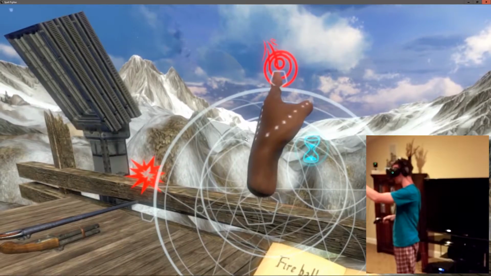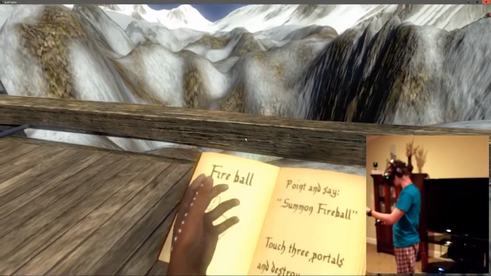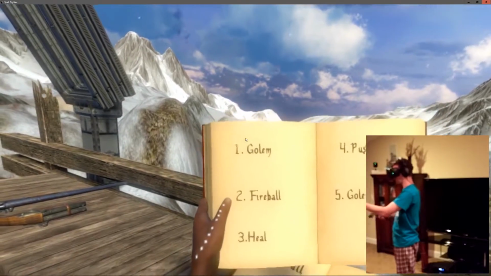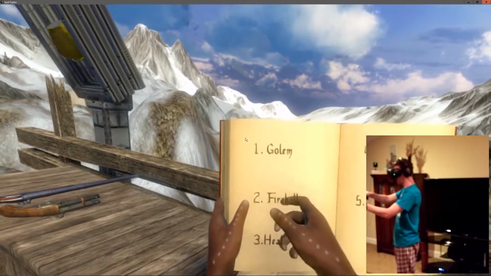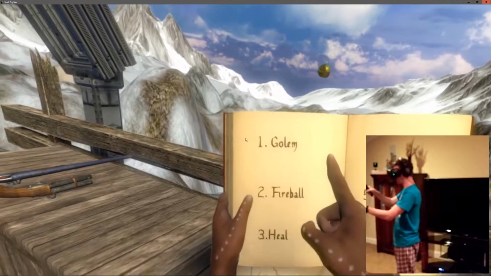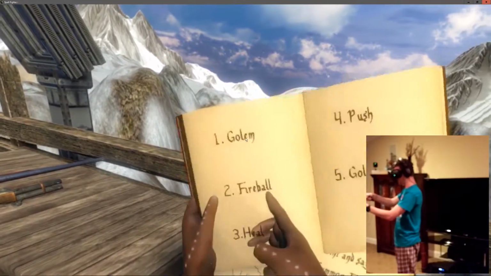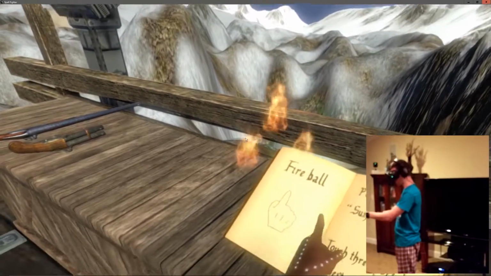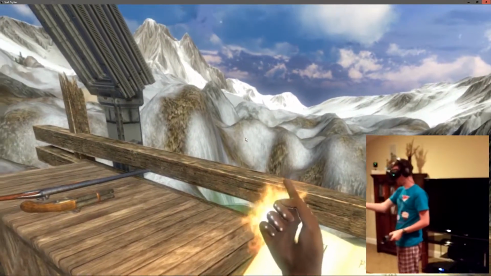Like I said, this game is very rough around the edges, but the locomotion, and then this right here is another aspect that I was really interested in, and that was the spell system in it. And I go to cast a fireball. There's multiple ways in which you can cast spells. You can use your voice, you can use that weird pentagram thing that I had, and then there's the spell book where